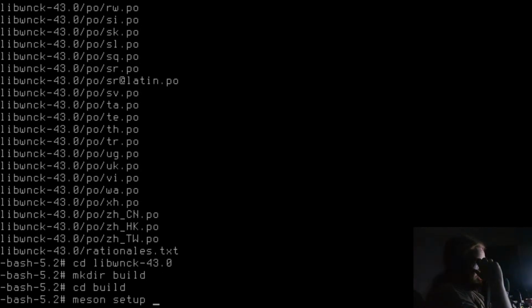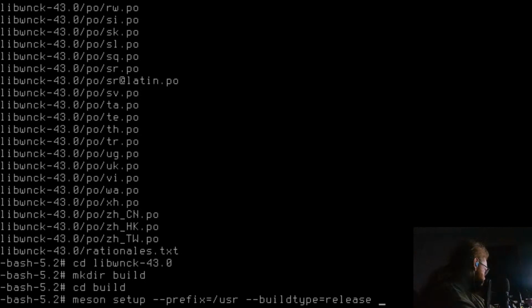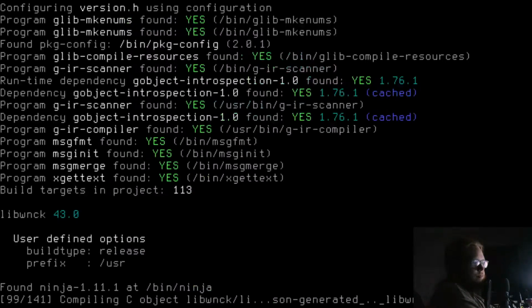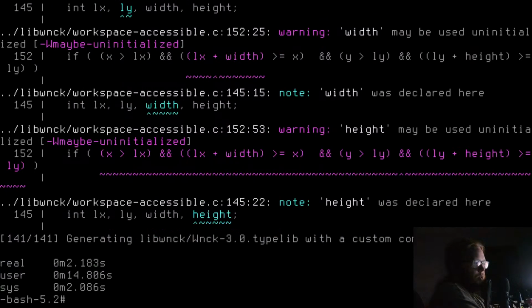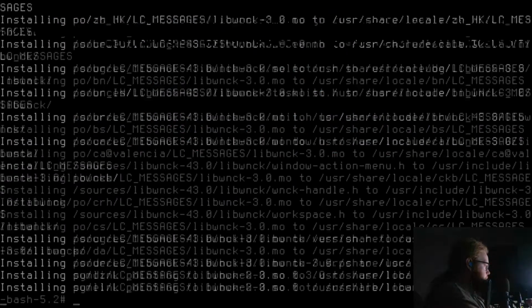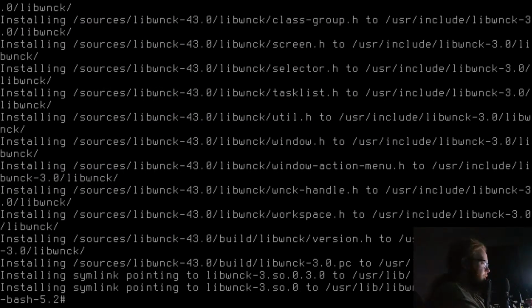But you'll send me a link for it so I don't actually fuck it up. --prefix=/usr, and then --buildtype=release, and then ninja. Okay, you didn't fail. That's breaking the rules. Okay.